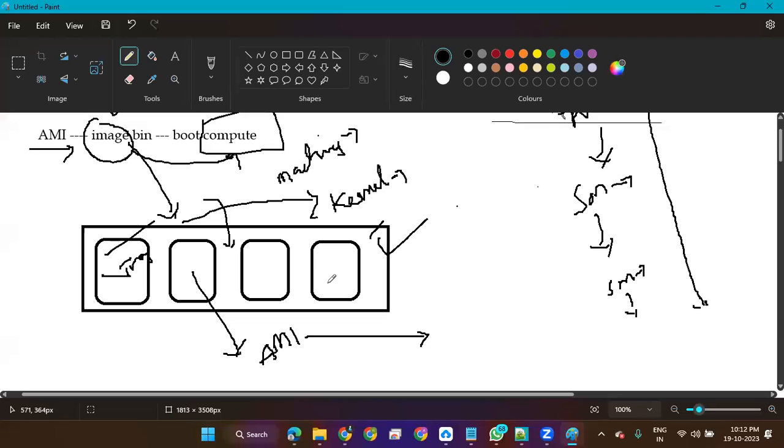I have types of images here. One image is the operating system image, which means a few operating systems are already available, like Linux, Windows, Mac, Ubuntu, CentOS. The image is already available. It is also available in Docker Hub. You can take it wherever you want. So this is one type of image, which is pre-built. I can also take an image for my backup.